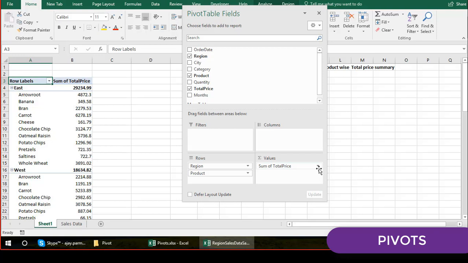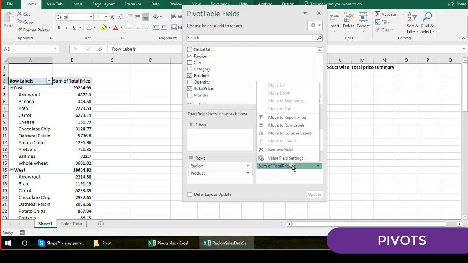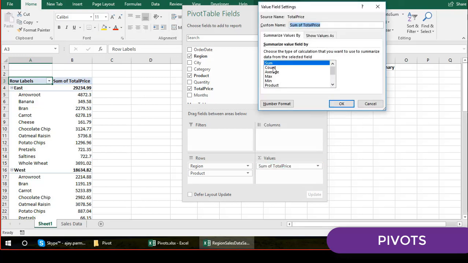Some people also use this to remove duplicate values. If you have 50 rows and in those 50 rows there are 10 duplicate items, when you put that header here in the rows, the pivot will remove that duplicate part. If you want to see the average, you can click on this arrow, click on Value Field Settings, and choose count, average, max, whatever you want to do, from here. Okay, right now we just keep that as sum.